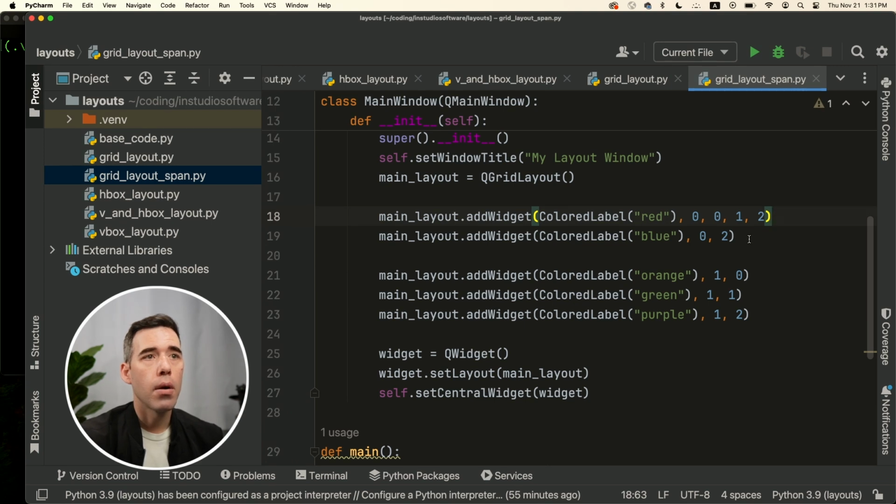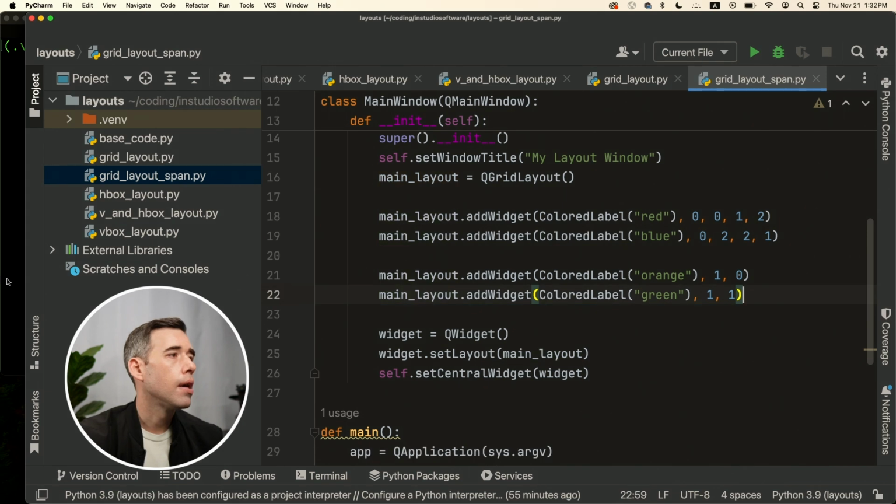So if we wanted to next make it so that blue expanded so that it took up both the top and bottom row, it would take up 2 rows and 1 column. And since the blue is going to be taking up the bottom right row, we need to delete purple. And so